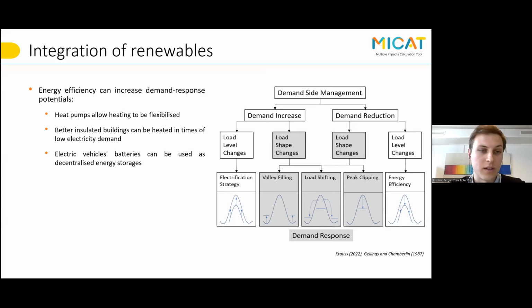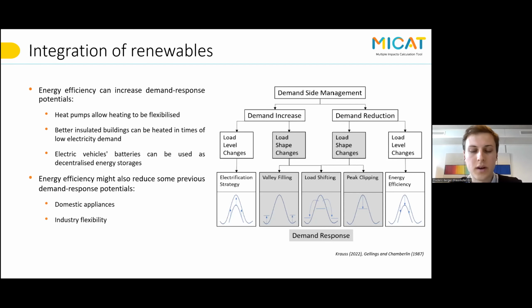In addition, we also have the effect that insulated buildings can make it easier to shift heating to periods of low demand, while badly insulated buildings basically need to be heated when you want the temperature to be adequate. And electric vehicles can also be used as storage for energy and to cover those potentials. So we see this can have a positive impact, but also, of course, some facilities, in particular industrial facilities, are already used as